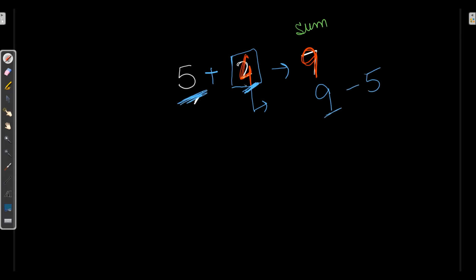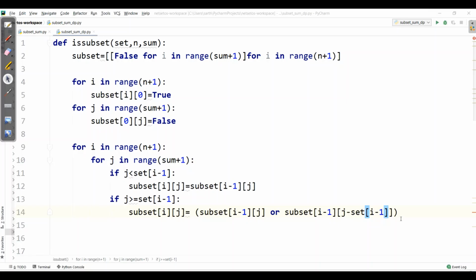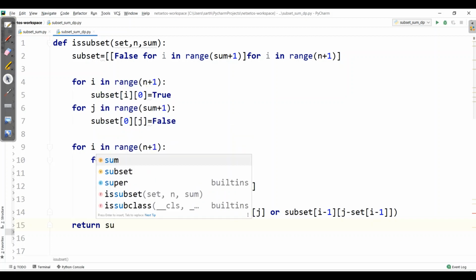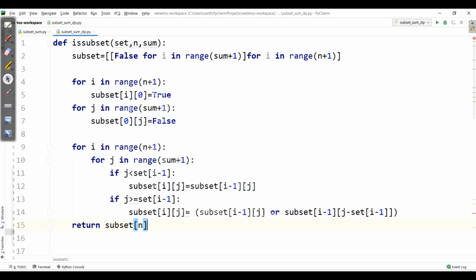So sum here is j and the value in the set is from here. So here I got to compare from the above value and the value after subtracting, and then whichever is the last value, subset and sum will be deciding whether the value in the set can make up the sum or not.